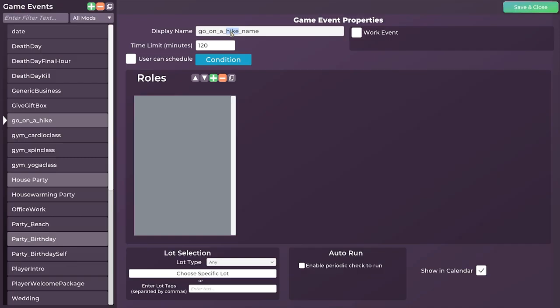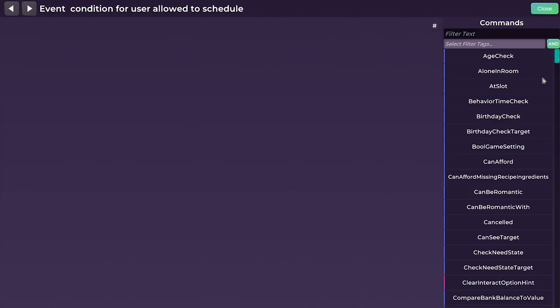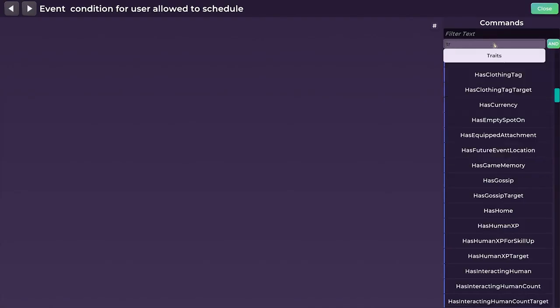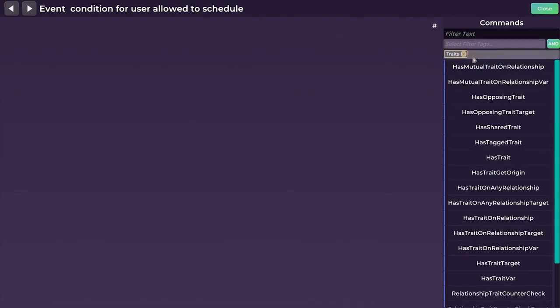That's the event. And then the display name is going to be typed better. Let's give it a solid amount of time because you never know how long that hike can be. Some hikes can be really long, some hikes can not be long. Let's add a condition for the traits. So, has trait,